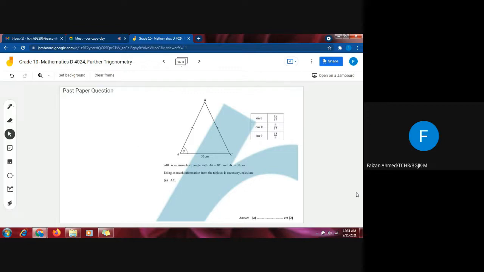As you know, we are discussing further trigonometry in grade 10 and we have discussed the cosine rule recently. So I thought it will be better to look at some past paper questions so that the students would get an idea